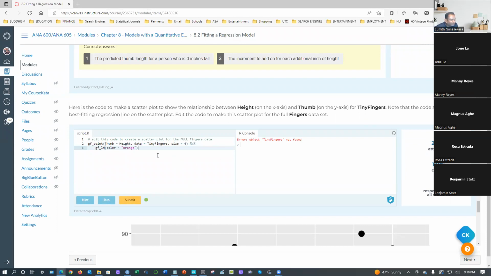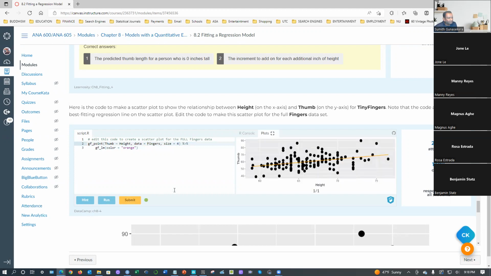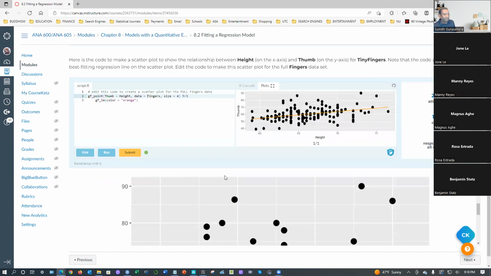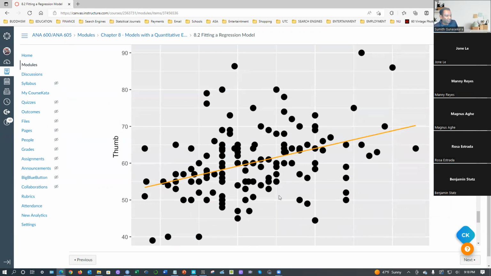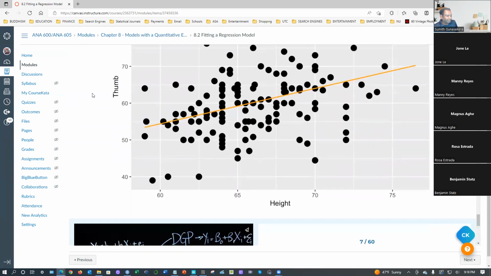Full fingers. Like that, and then best fit. See? This might not be the best fit. Okay, we're gonna talk about this on a large scale later on. See, it's like a cluster. If it's a cluster, there's no correlation between these two. Then we can talk about some kind of correlation between these two.